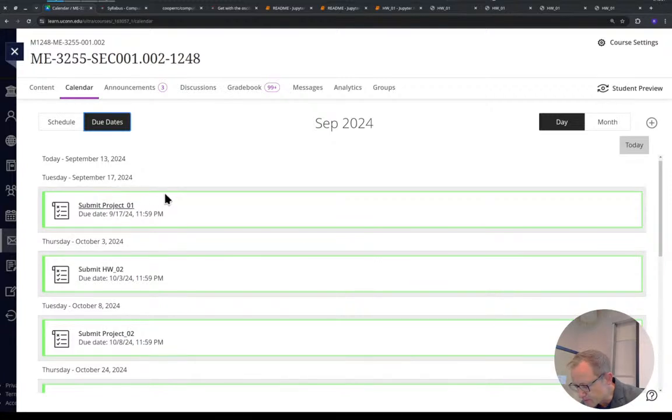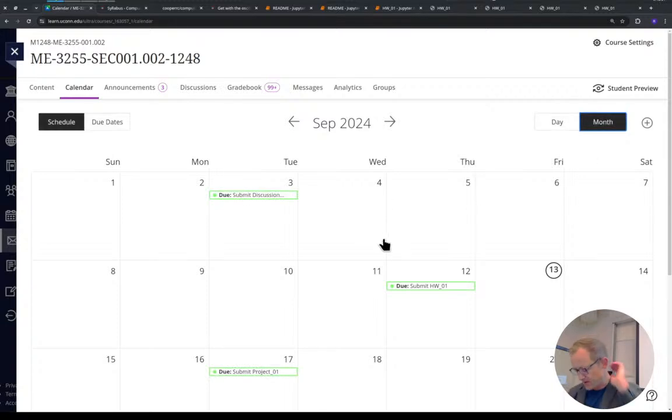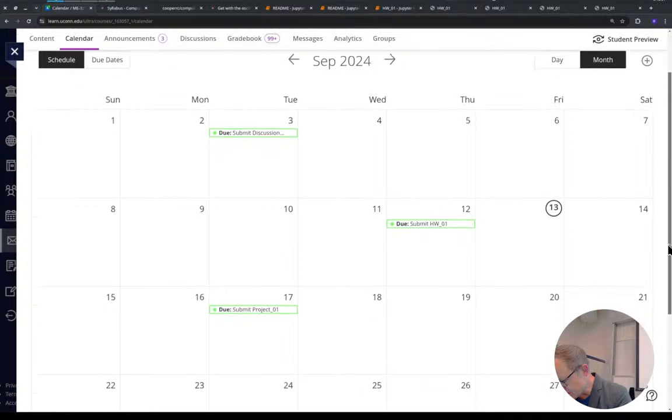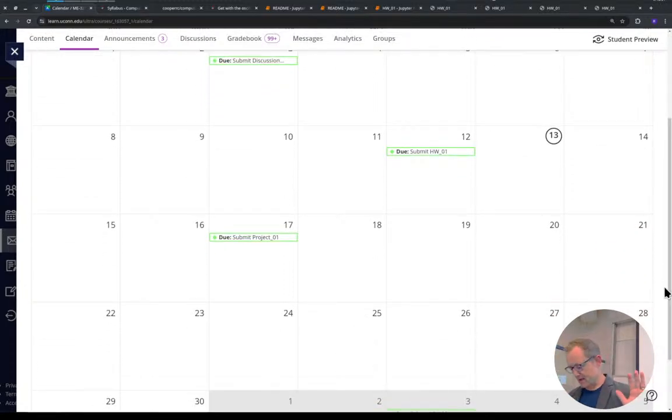As far as the schedule coming up, I guess we could look at the month, even though the month calendar drives me crazy. Today we're on Spooky Friday the 13th. On Tuesday, the goal is to submit that project 1. So take everything we discussed and worked on in homework 1 and apply it to project 1 today, Monday. And then